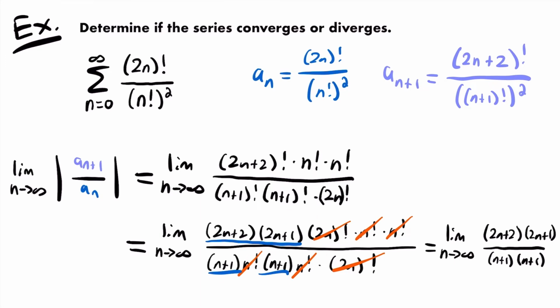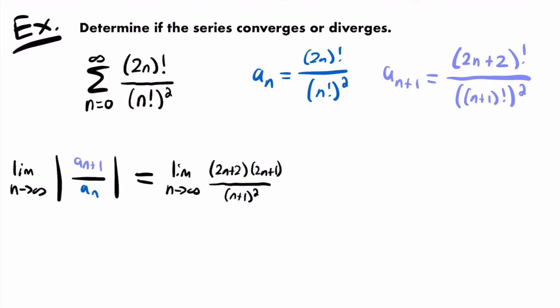Everything else canceled out. And just note that in the denominator, we have n plus 1 times n plus 1. That's actually the same as n plus 1 squared, right? Since we have two of those factors, we could just rewrite that to be one of them squared. So we'll have n plus 1 squared. Okay? And so now we have a limit that does not have any factorials in it that we should be